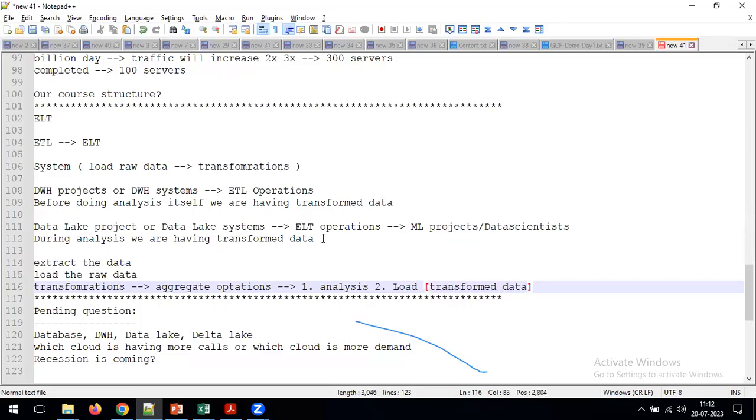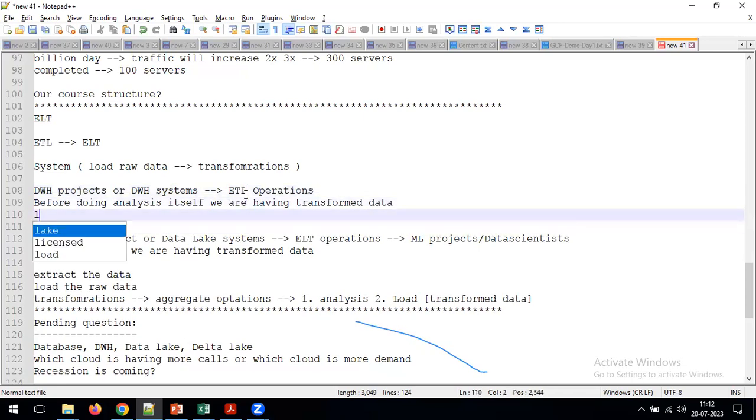Your point is valid. You are saying that, sir, once we did the transformation here, again, as ML people or data scientists, if they want to do the analysis, they need to do it from a database system or from a report. For that, we need to perform the loading operation again, which is after transforming, we perform the loading. But what kind of data are we loading here? We are loading the transformed data. But coming to the middle one, in the L here, we are loading the raw data. That is the difference between ETL and ELT. Now tell me, in this ETL operation, what kind of data are we loading as part of L? Transformed data.